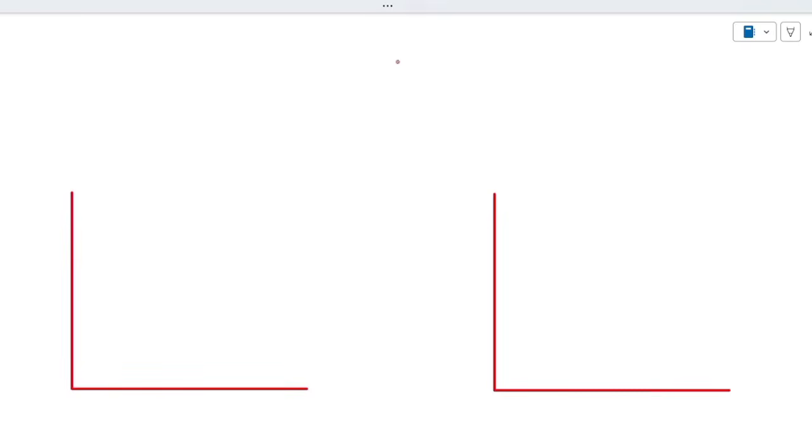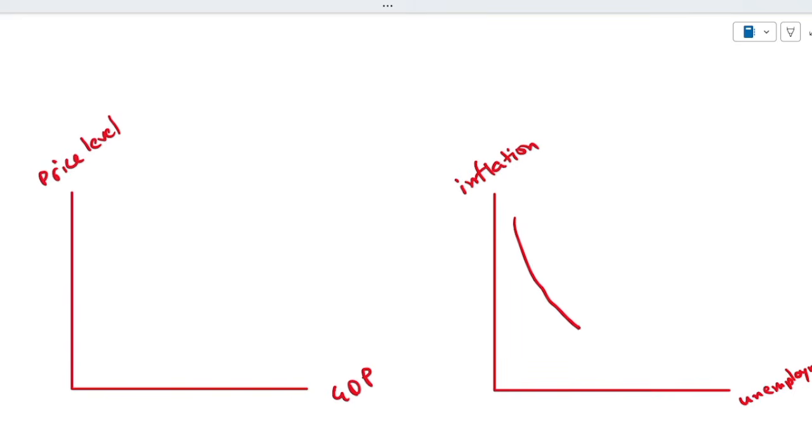Now we will discuss the price level versus real GDP curve and the Phillips curve, that is inflation versus unemployment curve. So we know the Phillips curve looks like this,